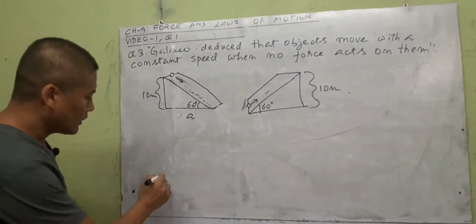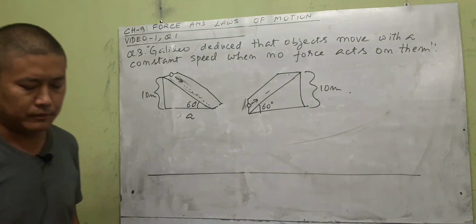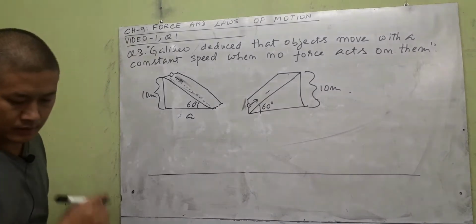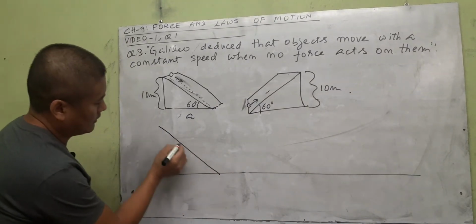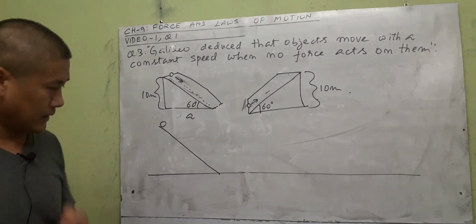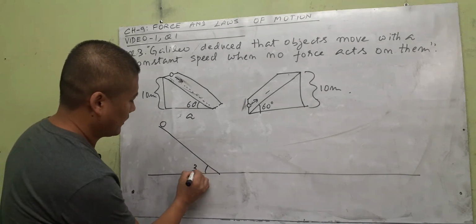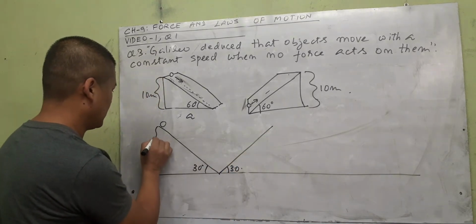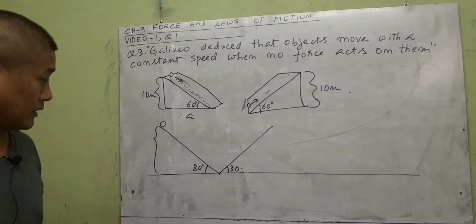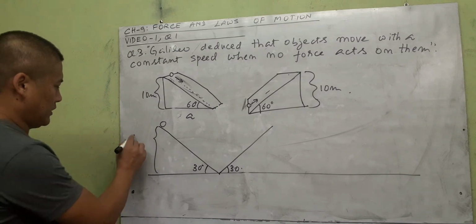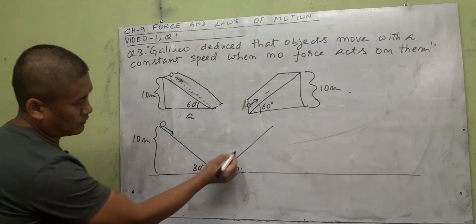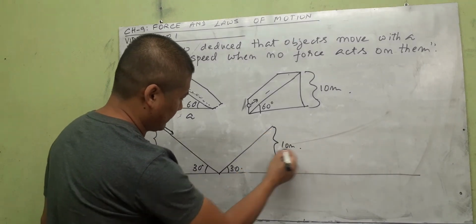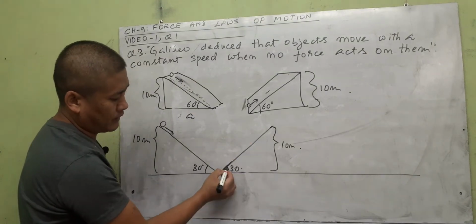Now you see, he had a perfect plane. Imagine a perfect plane means horizontal plane, okay, means no inclination up or down. And then here he dropped the ball from a height like this. Then suppose this is 30 degree, then this side also, let us say, equal 30 degree. Then suppose this side height was 10 meter. As he rolled down, the ball rose up to the same height here, 10 meter, traveling the same distance if the angle is equal.